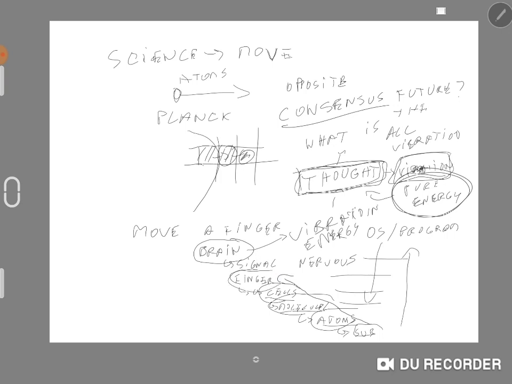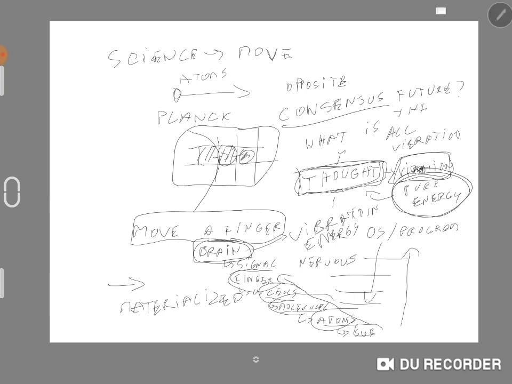And then your brain basically just updates its perception of reality and sees your finger move when in fact it has just materialized instantly. It has teleported itself in the future, and you can hallucinate it moving forward. That is probably the way that it works, because I just cannot see how else this could work, given this big problem of how you can even explain that at the Planck scale things move.